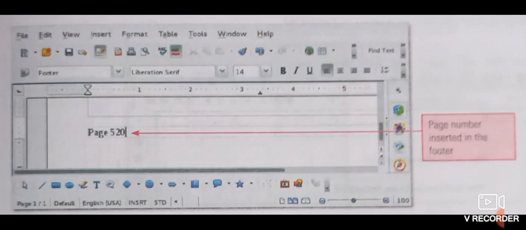From there, Footer and Default. As we click on the Default option, a footer section is displayed at the bottom of our document. Now in this section, whatever information we want to display, we can type or insert here, and by that the footer is inserted in our document.